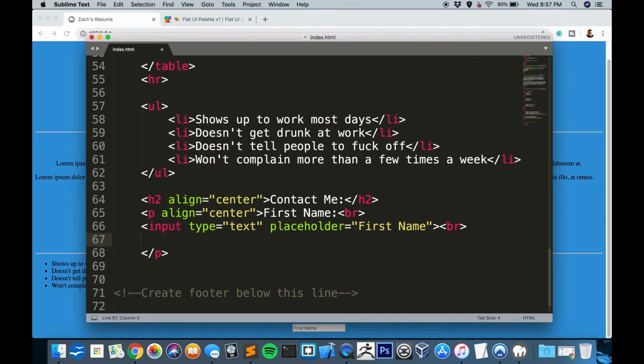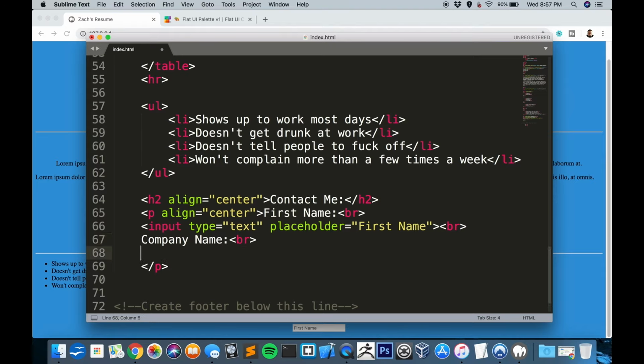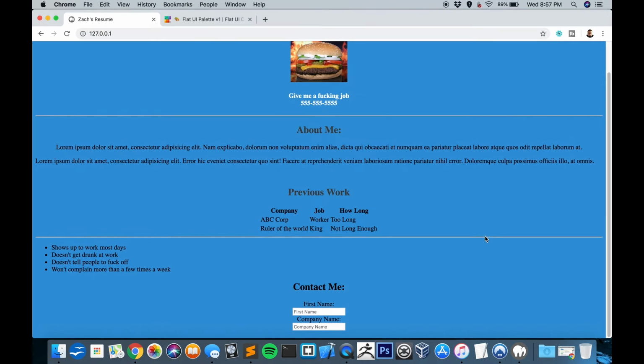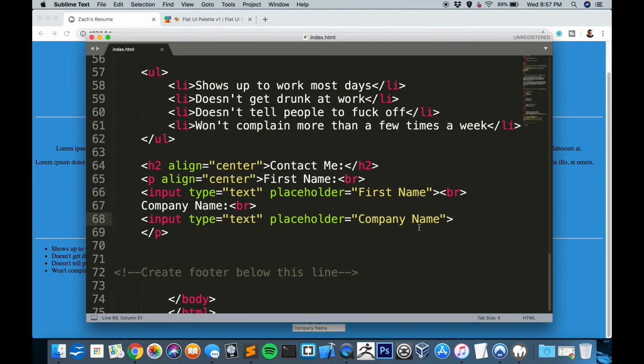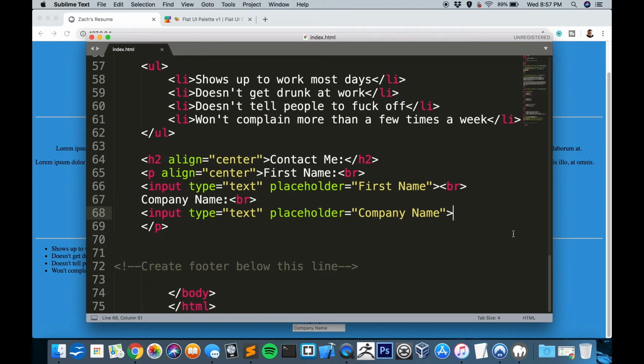Now let's go ahead and type in company name and create a line break. Input type equals text. Placeholder is going to be company name. Save, make sure everything's looking good. It is. And you could also change the color if you wanted to go in here and edit the input. You could add a style to it. And let's go ahead and